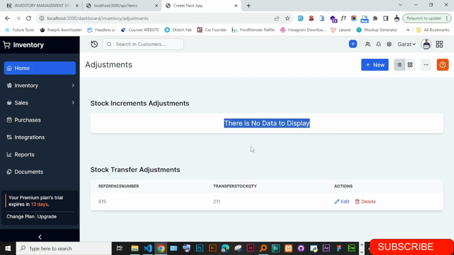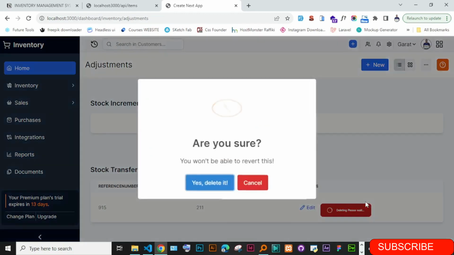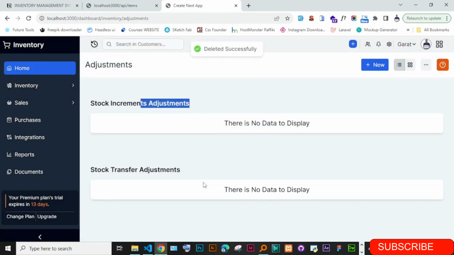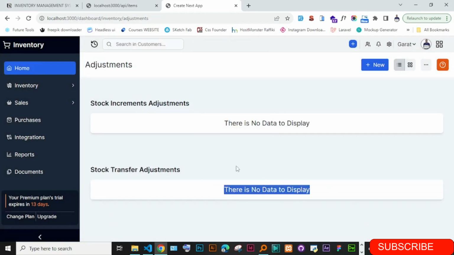If there is no data, then we can check this. If there is data, then okay, so that is for the adjustment, or even this one. Let's just see if the delete works. Okay, so there is no data, so we are at a good point right now. So let's start with trying to add some adjustment. Maybe you want to transfer stock or add new stock. So the first thing, if you just click on add